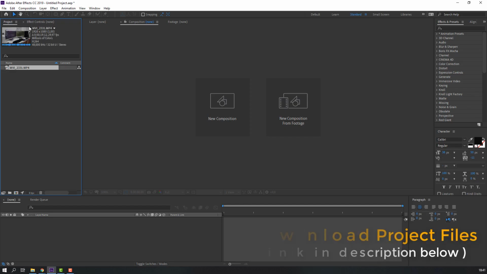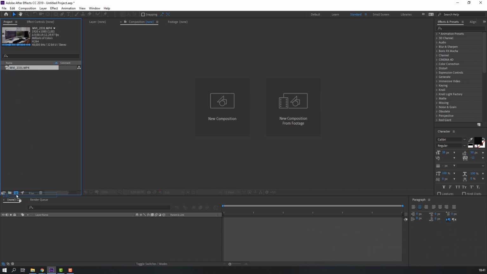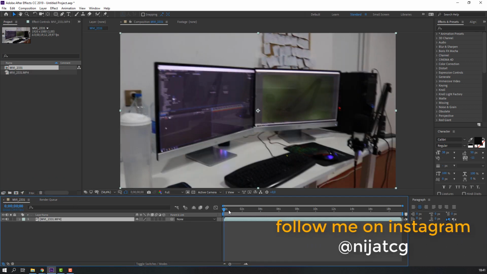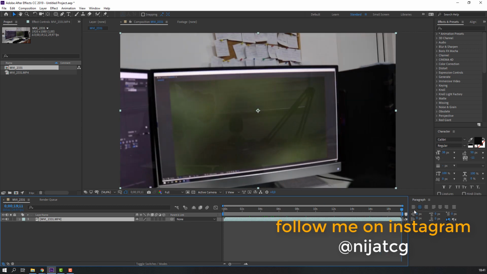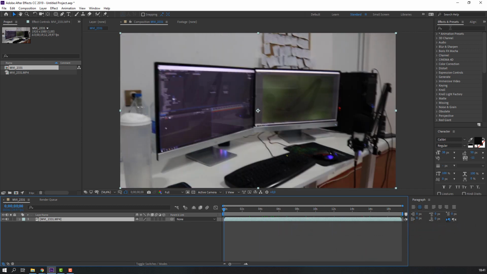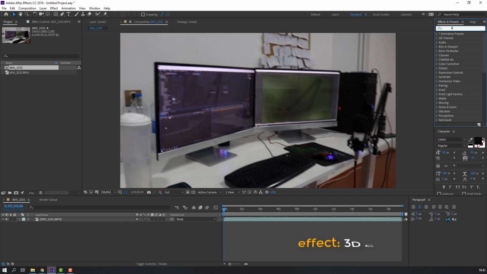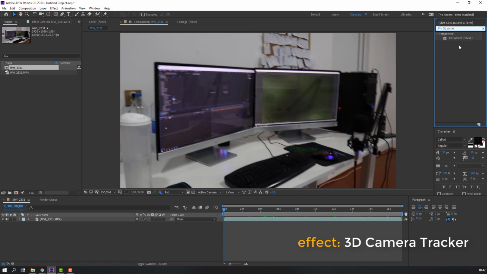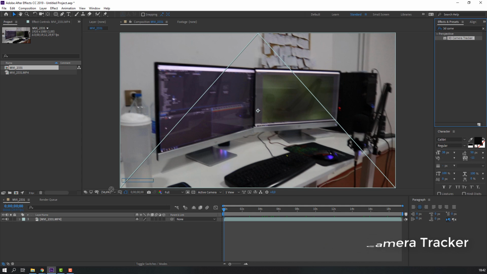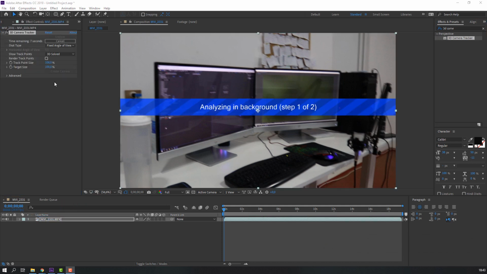So this is my footage, simple footage, and move to this icon for new composition. Okay, and go to effects presets. Let's search effect. Okay, and move to this video 6 seconds and finishing in last frames. Okay, solving camera,